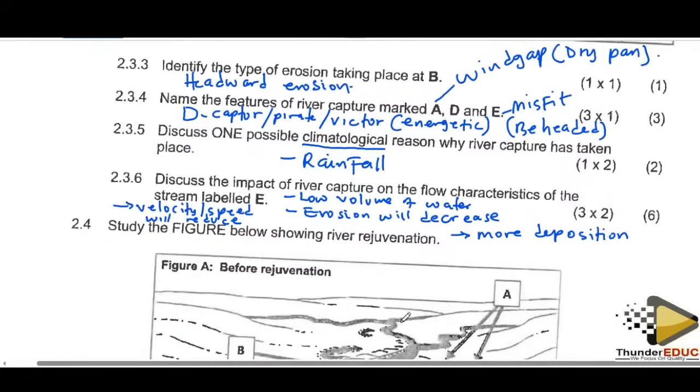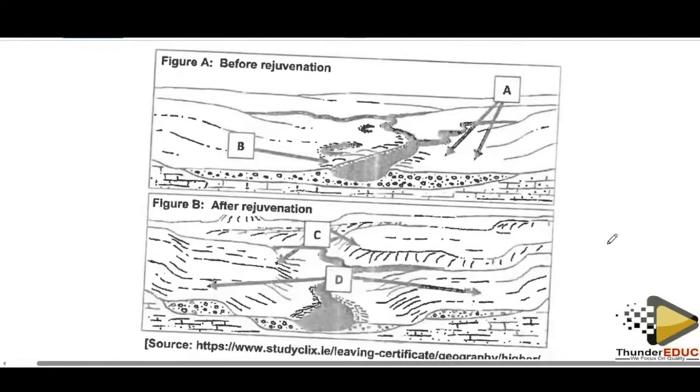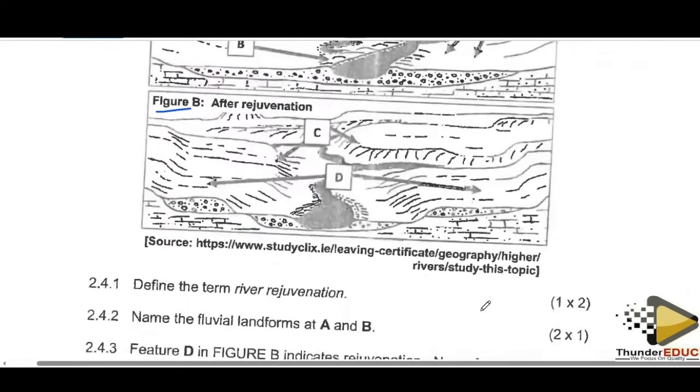Okay, so we proceed to question 2.4, which says, study the figure below showing river rejuvenation. And they're saying figure A shows before rejuvenation, and figure B after rejuvenation. All right. Now they're saying define the term river rejuvenation, and we could say